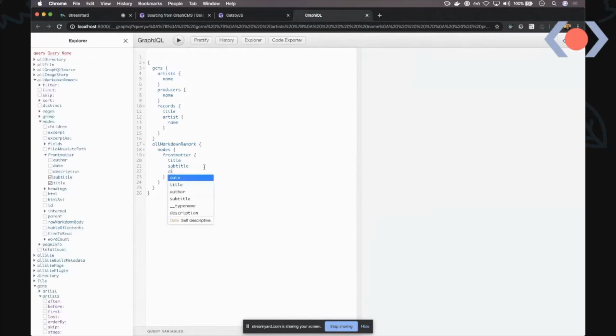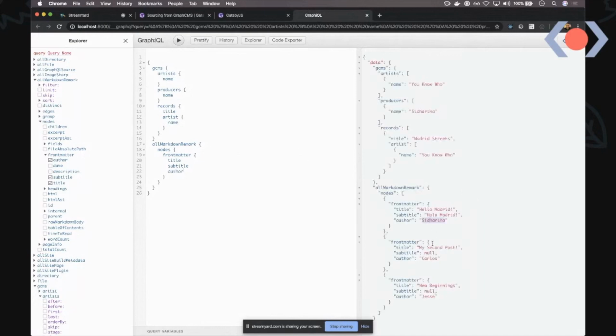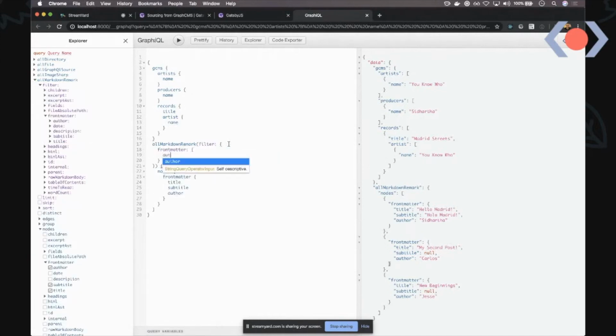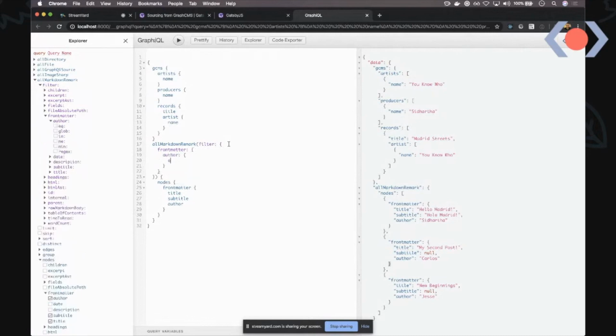So now that if I look for the author, there you go. You see that I get a couple of author names. If I want to just get posts by me, I can go back and say, hey, filter by the author field and make sure that you only give me ones that are equal to my name, right? I think this needs to be, there you go. Yeah. And if I hit enter now, you'll see that I only get blog posts that are written by me,